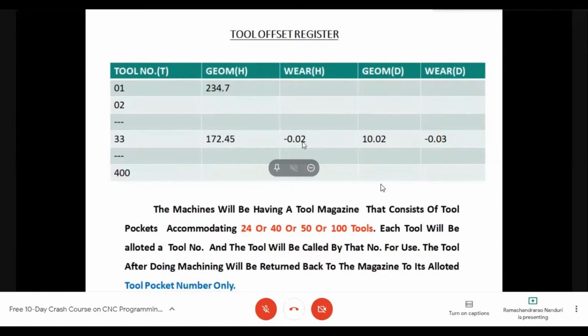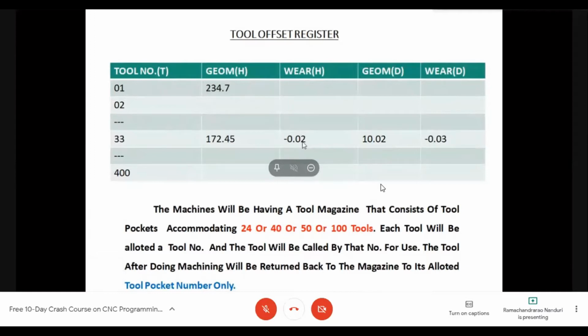Similarly, we have given the diameter as 10.02. There is an error of minus 30 microns. So the effective diameter of tool number 33 is minus 0.03, which comes out to 9.99. The machine will keep this value in its memory whenever T33 is used for machining action. Okay.